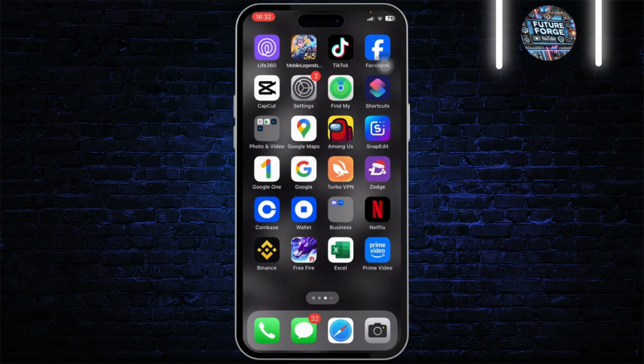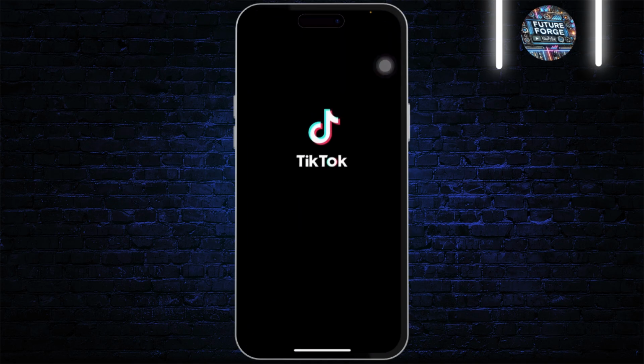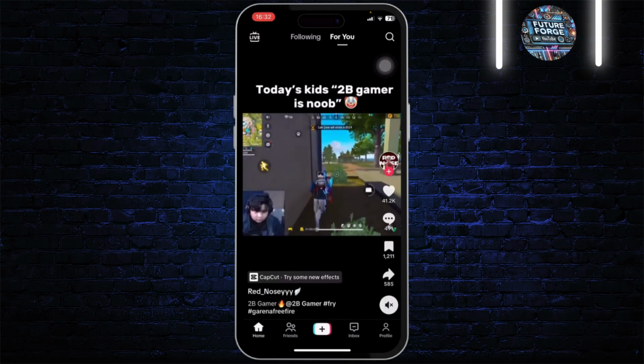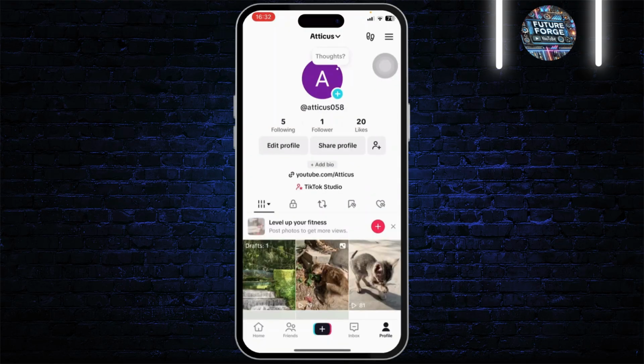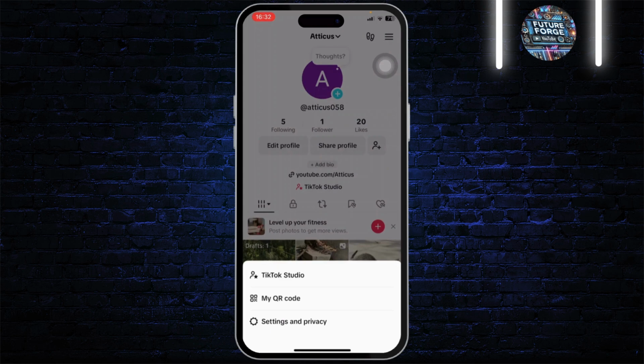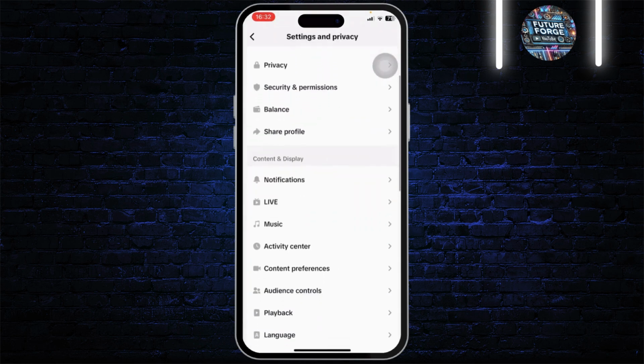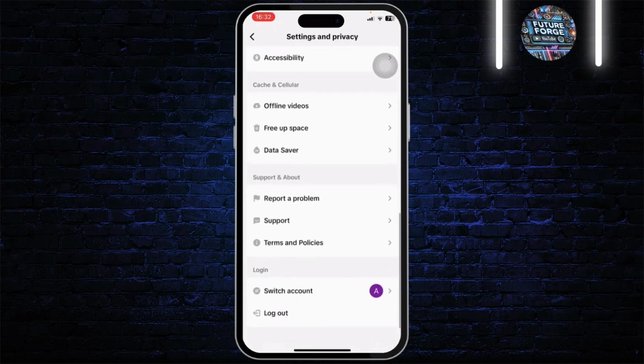Now let us begin. First, head over to your TikTok, and after you're on your TikTok, go to your profile on the bottom right. Now after you're there, simply head over to the top right corner and there go to settings and privacy. After you tap on settings and privacy, scroll down all the way till you find report a